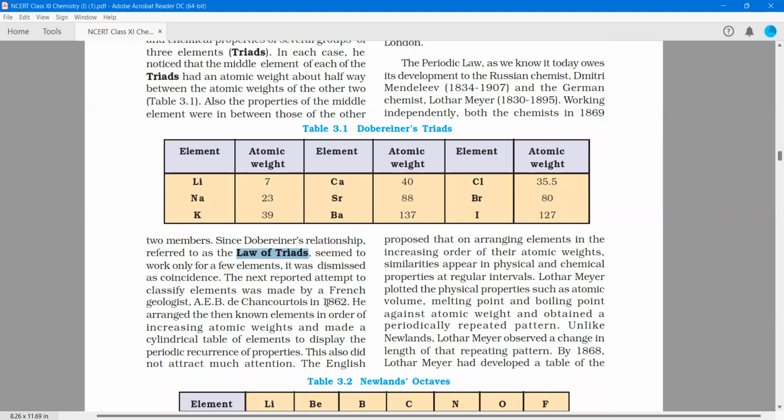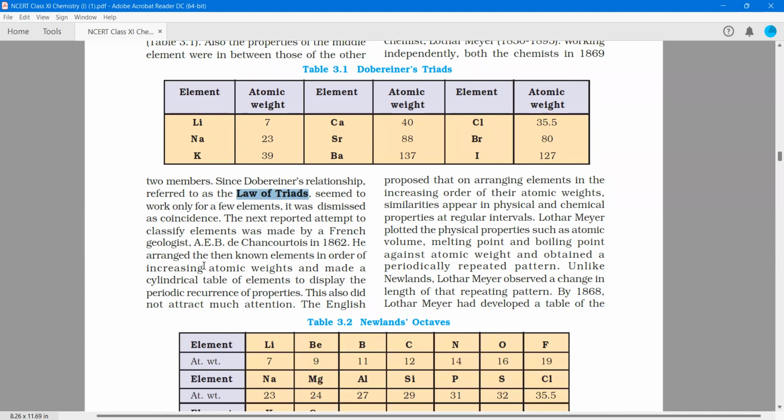अभी द नेक्स्ट reported attempt to classify elements was made by a French geologist A.E.B. de Chancourtois in 1862. अभी इसने क्या किया कि arrange the then known elements in order of increasing atomic weights and made a cylindrical table of elements to display the periodic recurrence of properties. This also did not